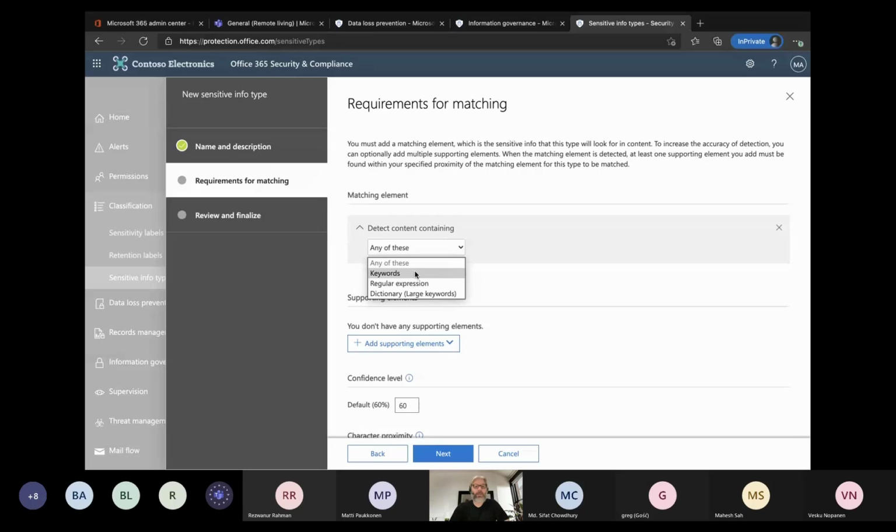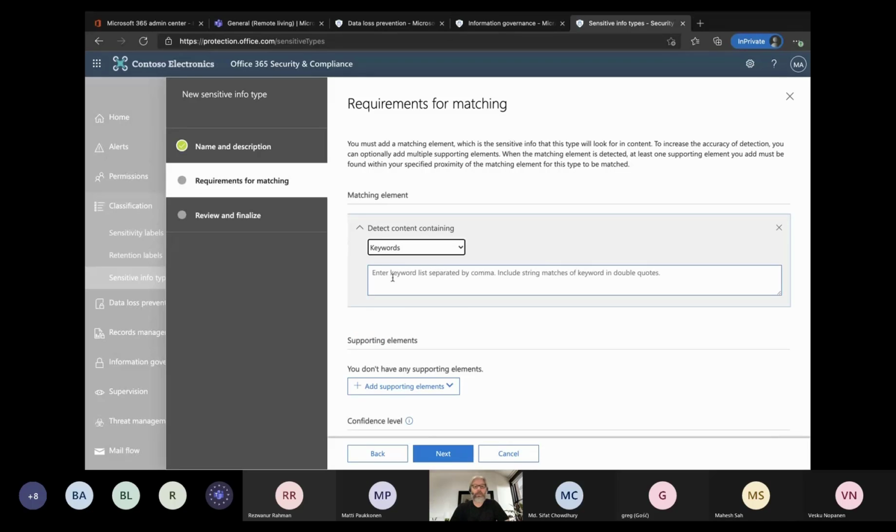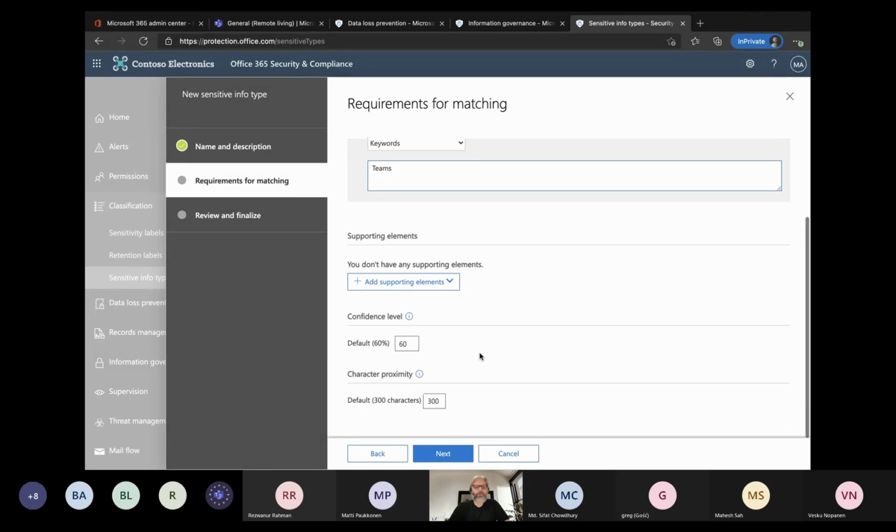And here we can choose between keywords, regular expressions, or the dictionary large keywords that I mentioned in the slide deck earlier on. If you want to put in keywords, you can put in whatever you need to match against with commas in between the values that you want to include. Just for argument's sake, I'll just put in here just teams